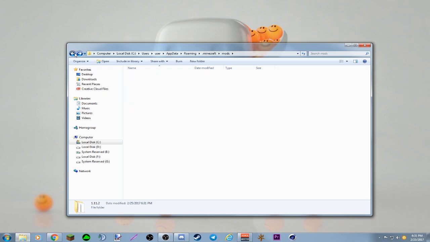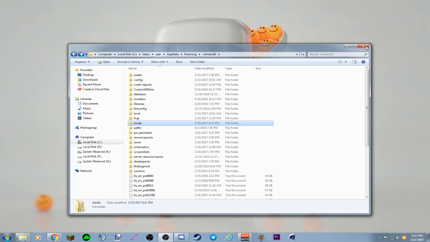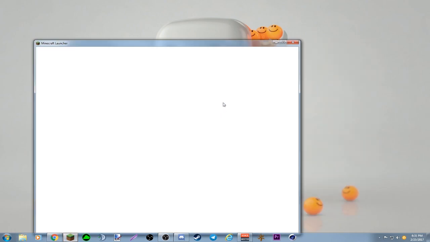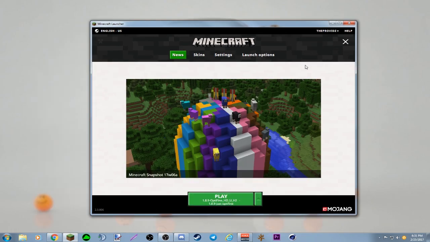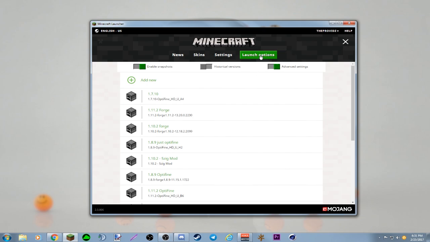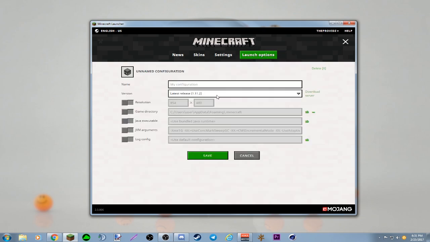Once you have that all set up, just launch your Minecraft. This is the new Minecraft launcher. It's really weird. I don't really like it, but whatever. Go over here to launch options, click on add new, and then you can name it whatever you want. So we'll just say 1.11.2